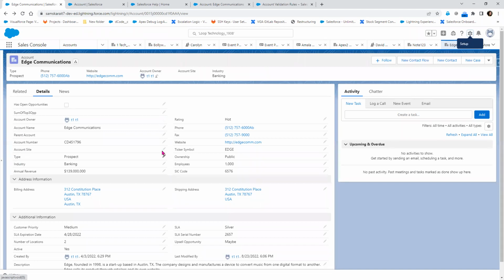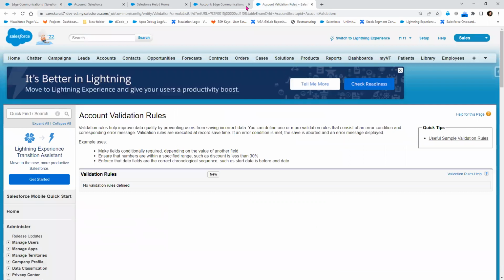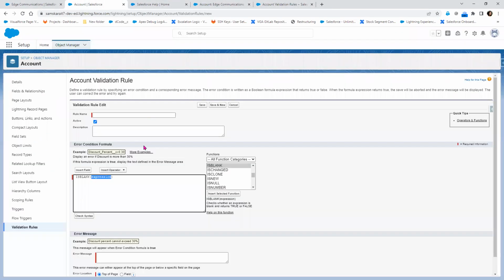Let's take the account site. I wanted to make sure that account site has to be entered while creating the record. Now in this expression, remove the expression. Now if you don't know the API field name of the account site, what you can do is, on top